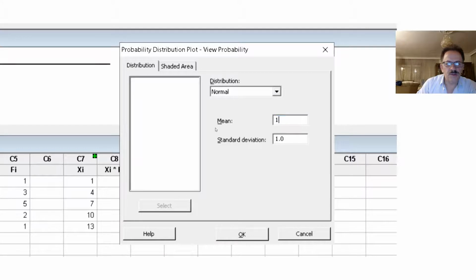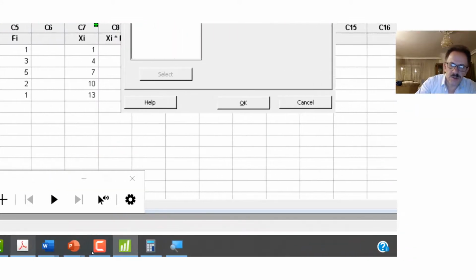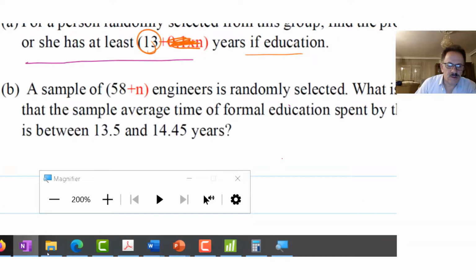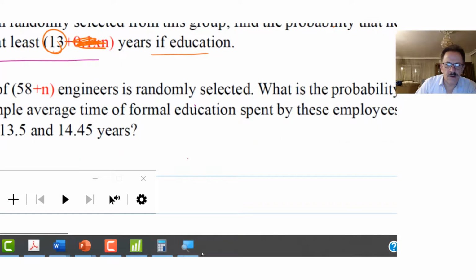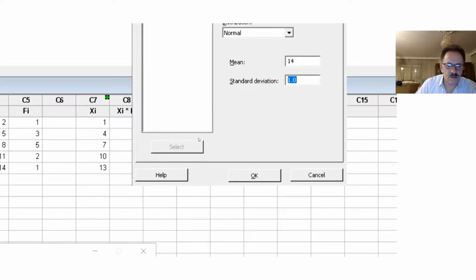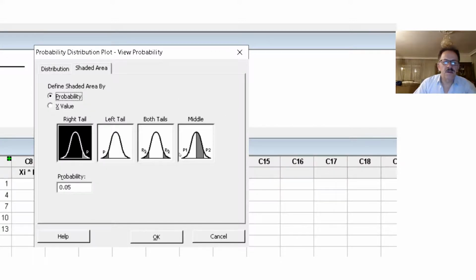I have the mean of this question, which was 14, and 2.75 is the standard deviation. Then after that I will go to the shaded area,